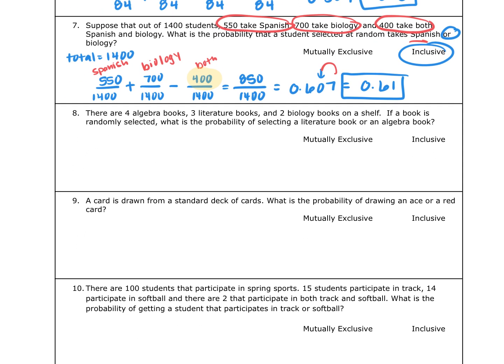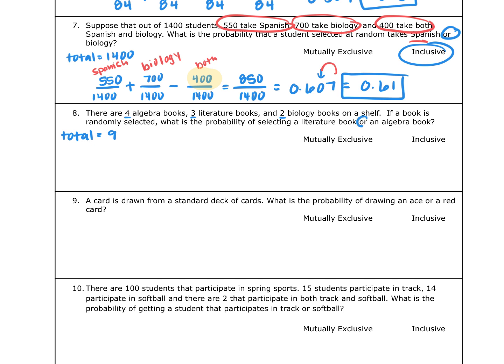Okay, number 8 says there are 4 algebra books, 3 literature books, and 2 biology books on a shelf. Okay, it doesn't give us our total, so we're going to take those numbers and add them together, and that's going to give us our total number of books. So when I add 4 and 3 and 2, I'm getting 9 books. If a book is selected at random, what's the probability of selecting a literature book